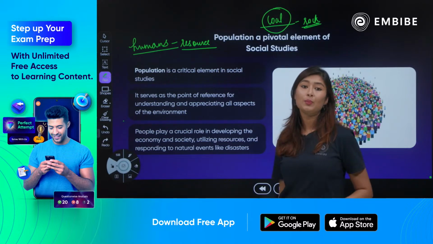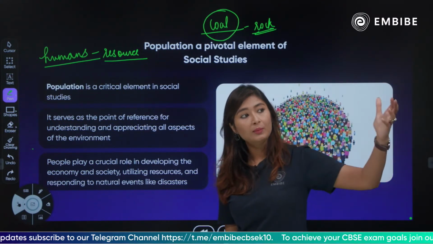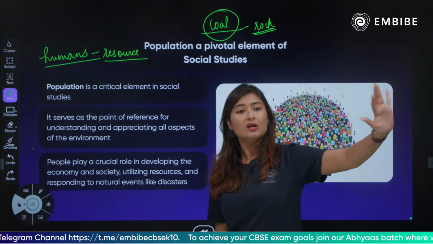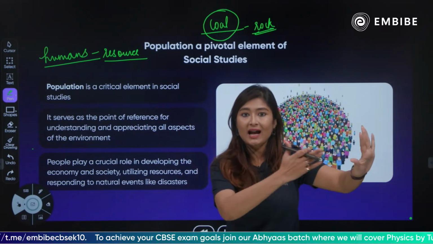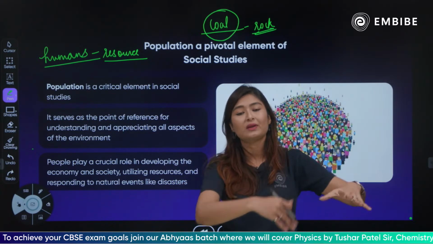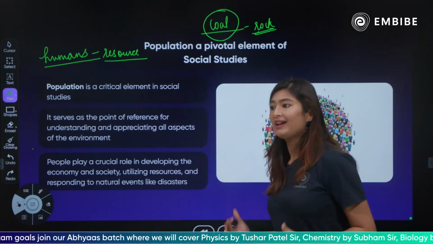So humans are very important for natural resources to be discovered, to be developed, to have the technology and the know-how to find how to use it. So natural resource gets its value because we need it and we develop the technology how to use it. So it becomes valuable.